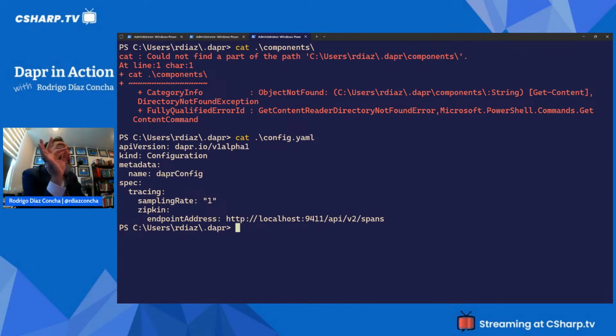So the thing is that inside this file, you can edit this file, or you can take this configuration and put it in your source control, and you can configure different things and different features for your Dapr installation. So for instance, I'm configuring tracing here, but you can also configure the metrics feature. You can also configure the name resolution component,